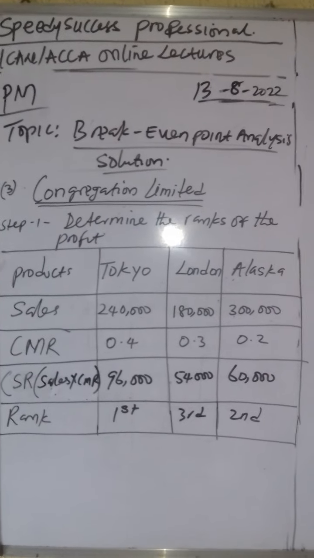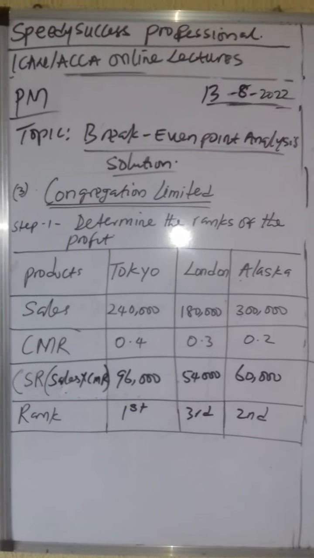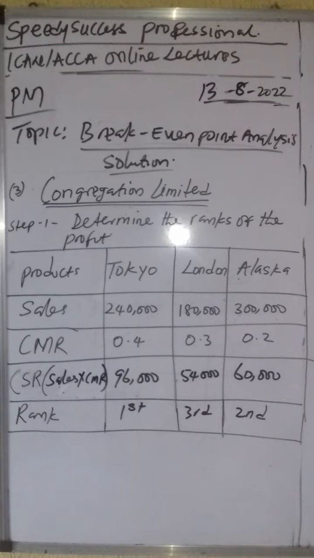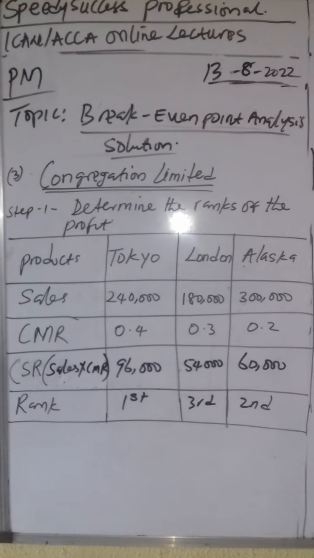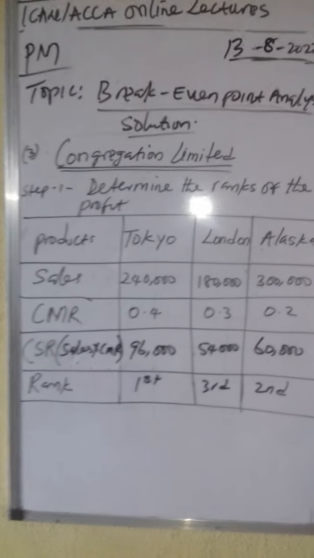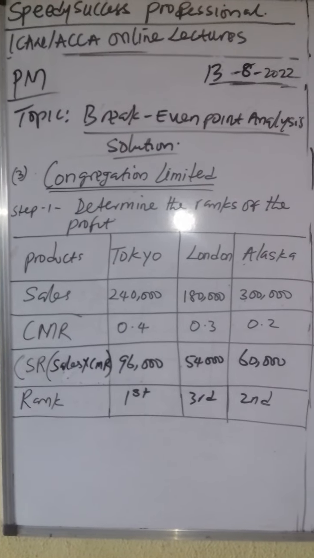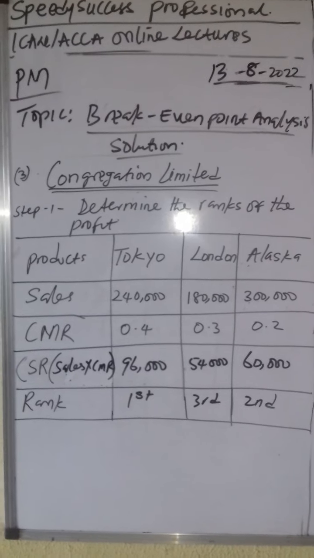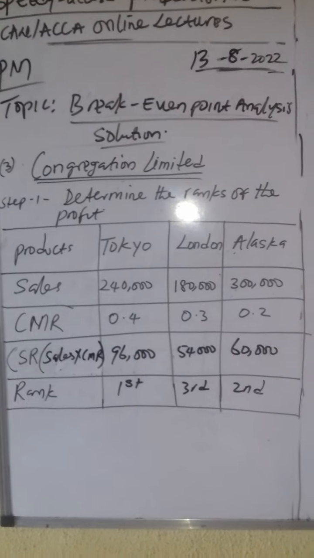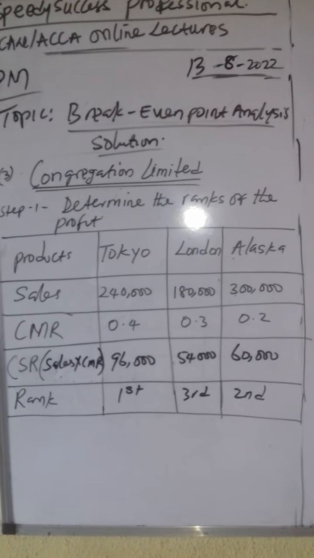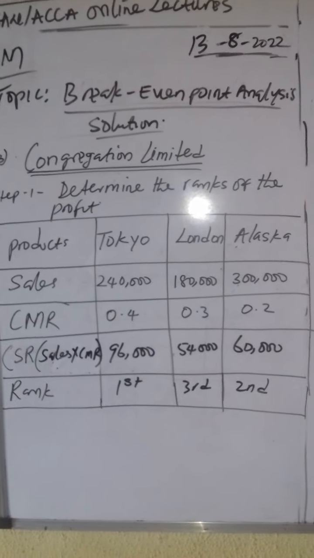Sales for Tokyo, 240,000. CMR, the contribution margin ratio, is 40%, 0.4. I converted it to decimal for ease of multiplication. When I multiply that, it will give me contribution in value, which is 96,000 for Tokyo. For London, 0.3 multiplied by 180,000 results in 54,000. And then for Alaska, 300,000 multiplied by 0.2, which is 20%, it will definitely result in